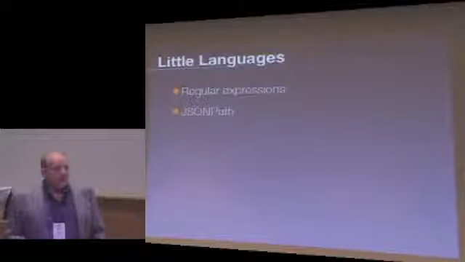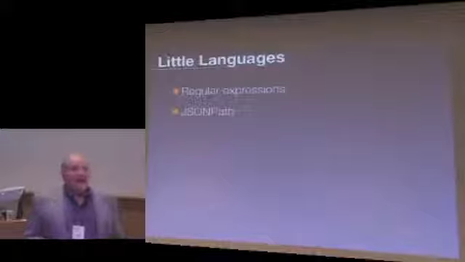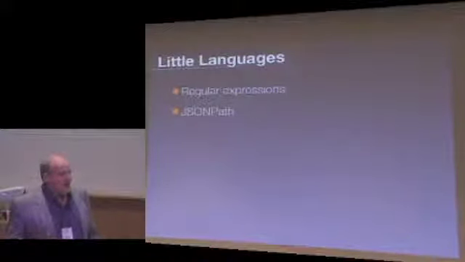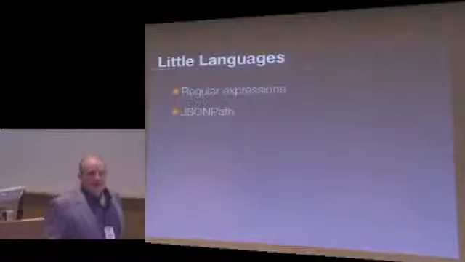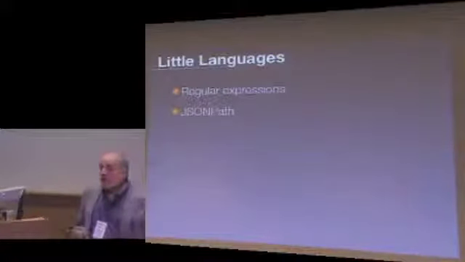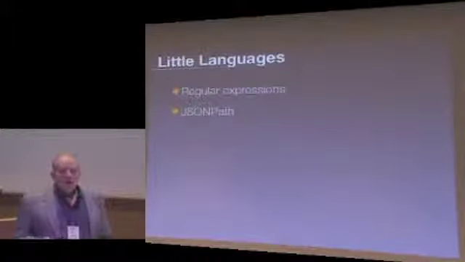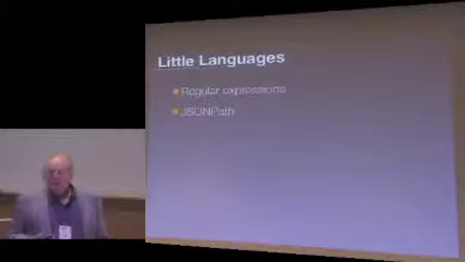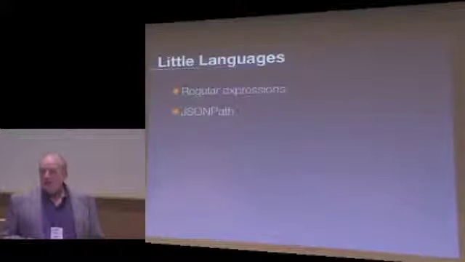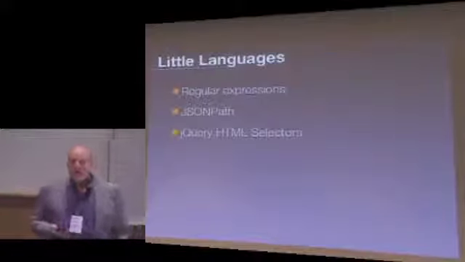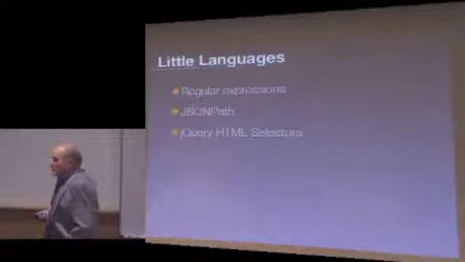We also use something called JSON path, which is like XPath, but for JSON. So if you're familiar with XPath, JSON path works similarly. I'll show you an example of JSON path in just a minute. We do read XML data sources. At present, we convert them to JSON. That's probably not the end game because you lose some things in that conversion. We'll probably be leaving things as XML in the future and also adding XPath to this as a little language that you can use. And then finally, we also use jQuery HTML selectors inside the language in order to select